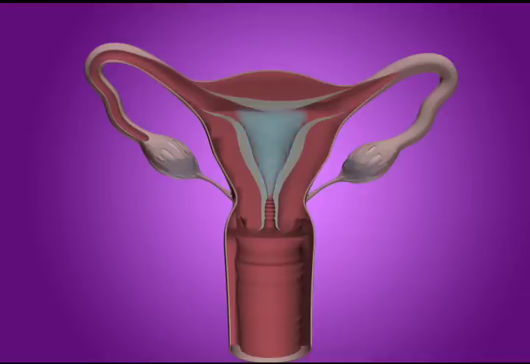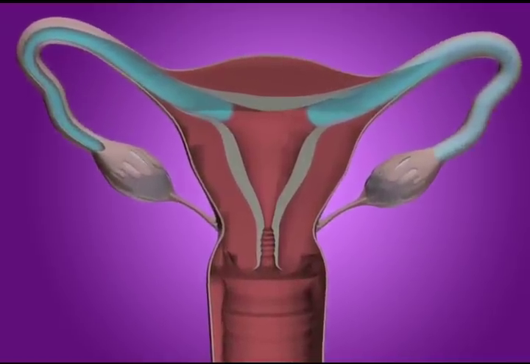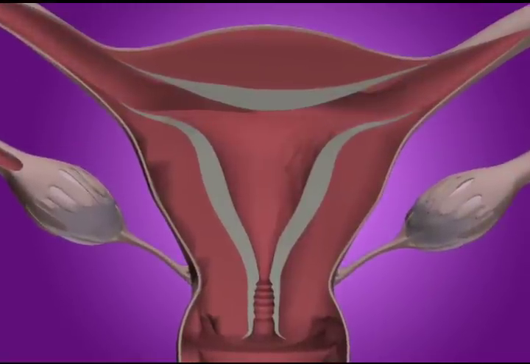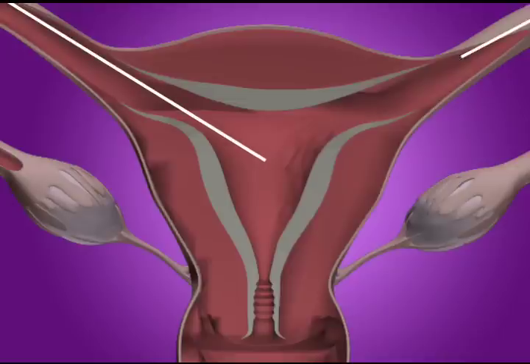The uterine cavity resembles an inverted triangle. The fallopian tubes open into the cavity, one in each of the upper regions of the triangle. In most pregnancies, the embryo implants in a specific area in the posterior wall of the uterus, where the endometrium is most receptive. The center point of this area is identified as the intersection of two imaginary lines, one originating in each fallopian tube within the triangle.